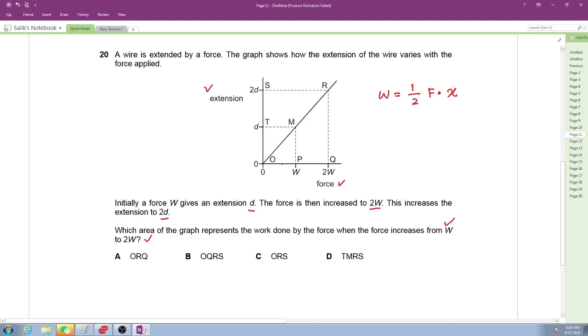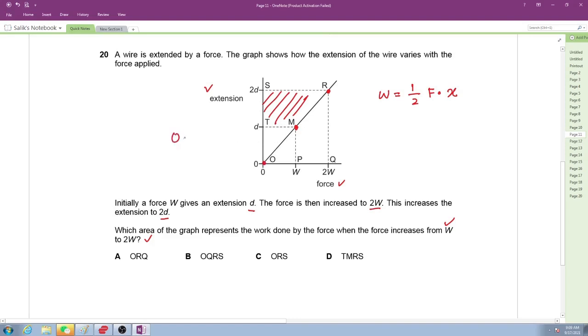As we are going to find the work from W to 2W, we are going to consider this area, but the value is given to us for this one. And if we look at the work for W, it is from here to here, that we can say